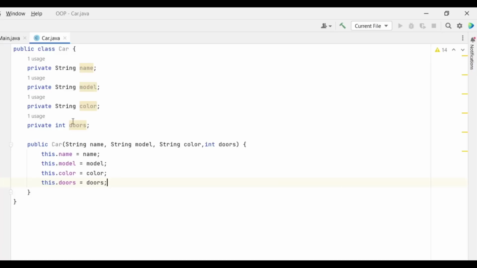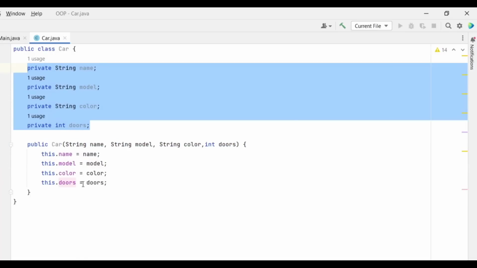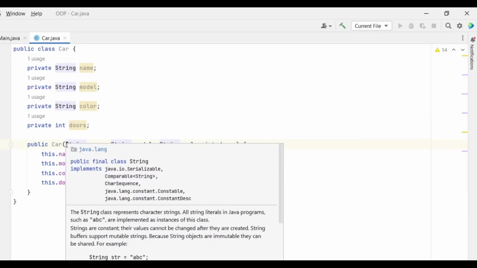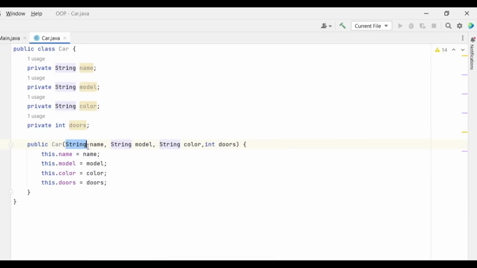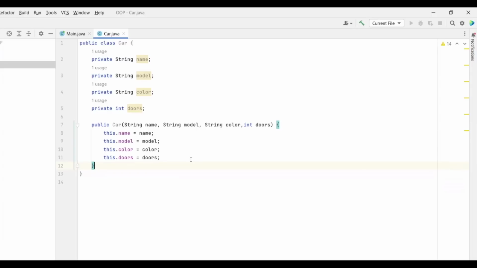We have the state. Next, we need to, and this is the constructor. As you see, we're gonna use this to pass some values to the fields which are defined here. So when we're gonna create an object, we're gonna call this constructor, and we're gonna pass some values to the name, to the model, to the color, and to the doors. And after that, they are gonna be assigned to the field name, to the field model, to the field color, and to the field doors. Now we created the state. So now we have a template and we have the state. Next, we need to add some functionality.